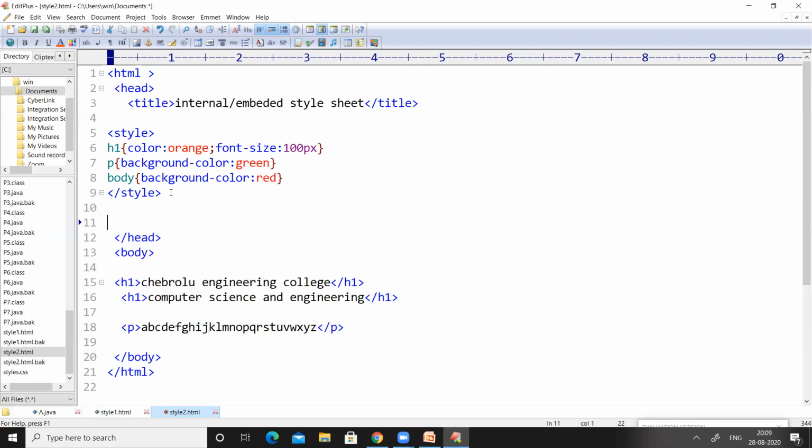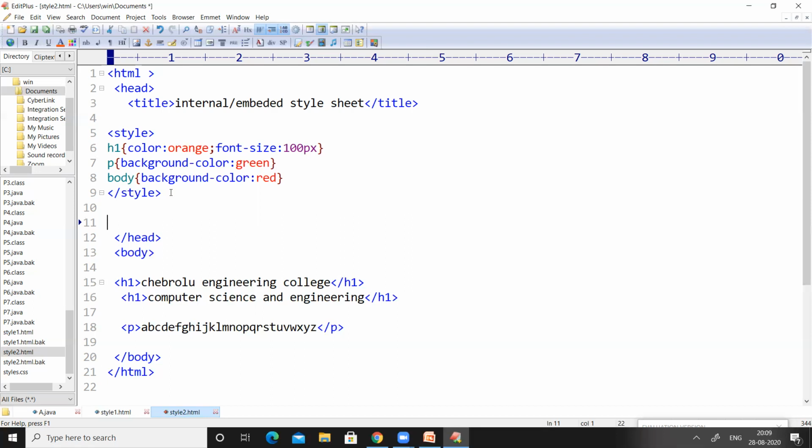So while we are dealing with internal, we have to write the CSS code in the head section of the HTML document. So how to write the CSS code in the head section, right?